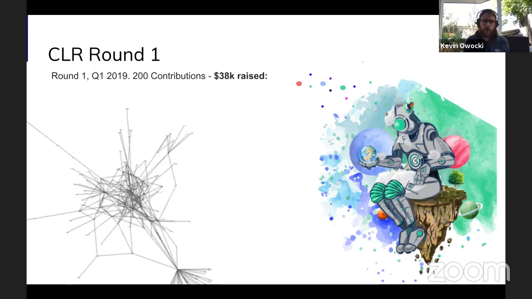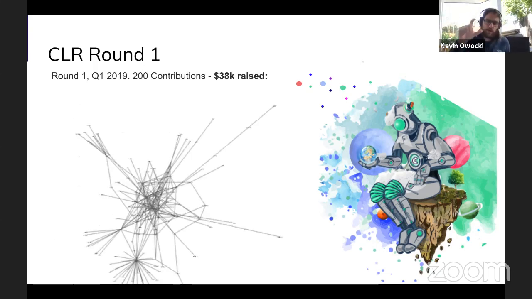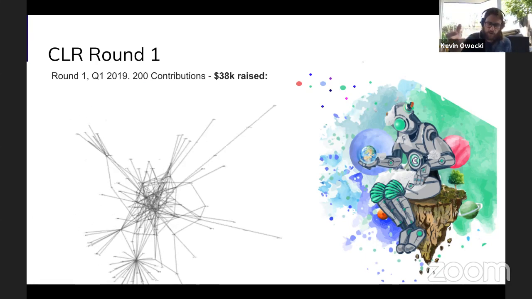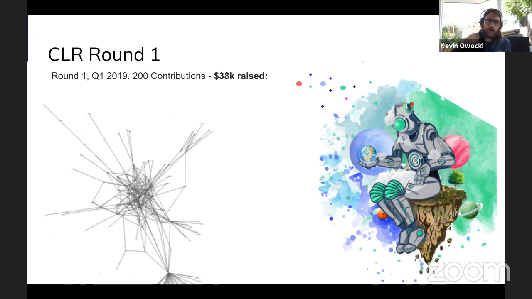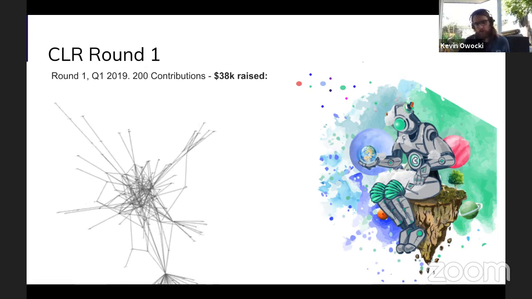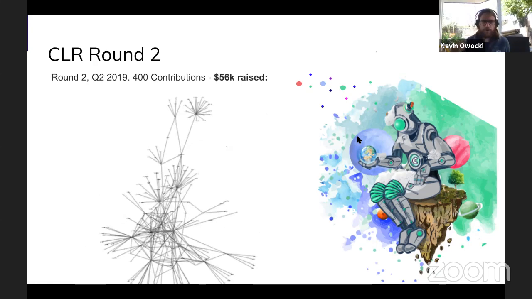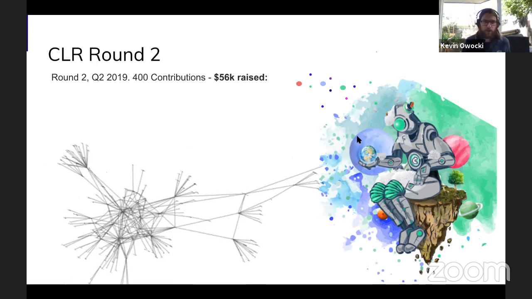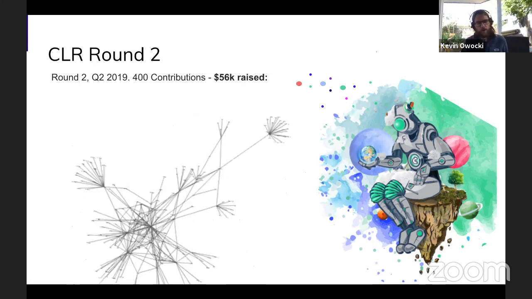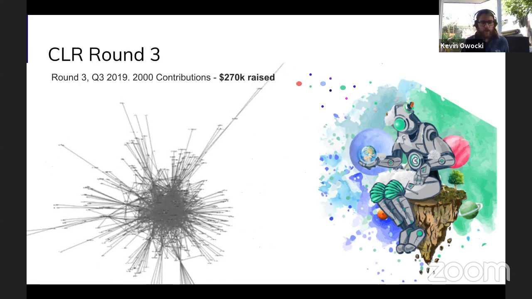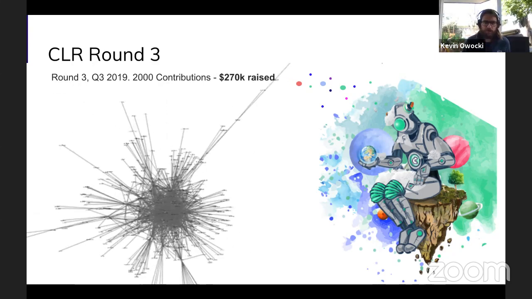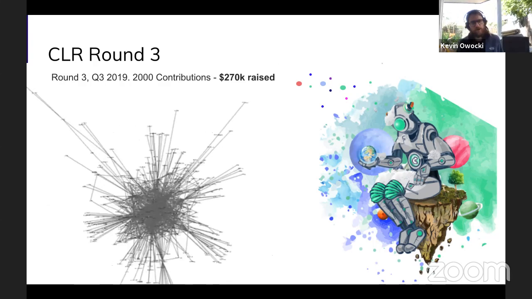And this graph right here on my screen is an expression of the preferences of the group in the matching campaign. So each node of the network is a person, and each edge is a contribution from a person to a person. So we're building a peer-to-peer network of financing using cryptocurrency and using quadratic funding. And as I roll through this sort of reel, what you're going to see is that round 2 had 400 contributions and raised about 50% more than round 1, and that the network of preferences gets denser each time that we run this. So we're basically figuring out how to get more people to contribute to public goods.